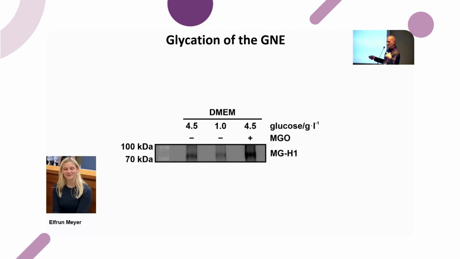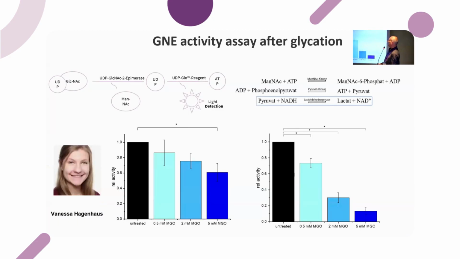So this is an immunoprecipitation, and then we check glycation. And then you see when we have low glucose, it's a bit less glycated. And when we have high glucose and additionally MGO, which is this glycating agent from the glycolysis, we have a higher, or greater, amount of post-translational modification. And now coming to the last slides, Vanessa Hagenhaus could show in the lab, this is now published, that